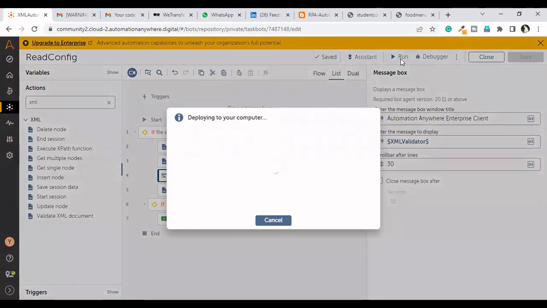See, the message box header will be changed. It is still saying Automation Anywhere Enterprise Client, and the time count also did not come, because I didn't enable this. But in the next message box, see,